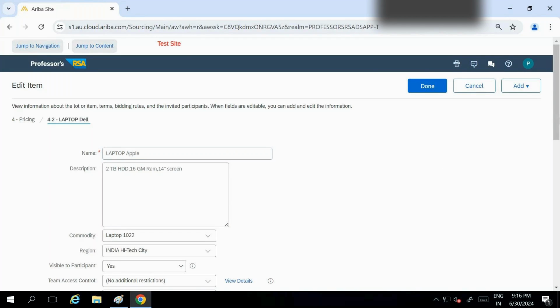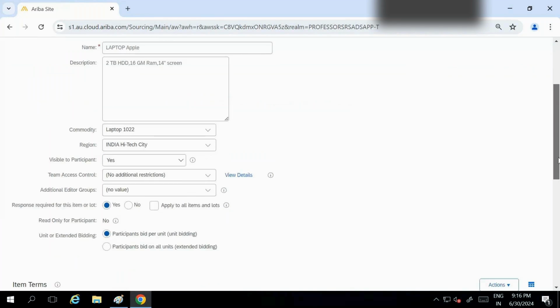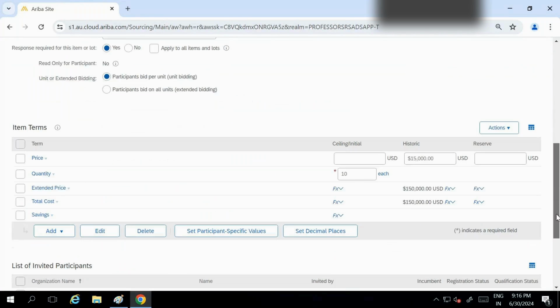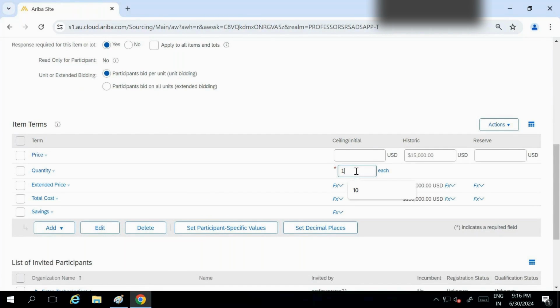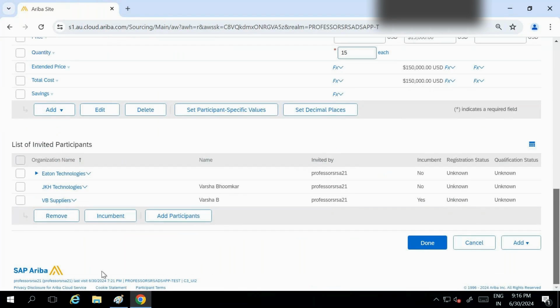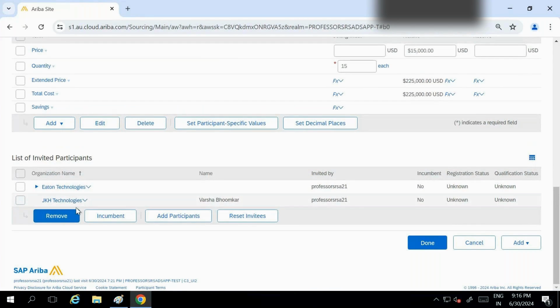Quantity I'll change. Now I don't want to invite this supplier in this, I'll remove him. I just want these two suppliers. You can simply remove or add participants here. Reset invitees, you can also reset, or you can click on done.